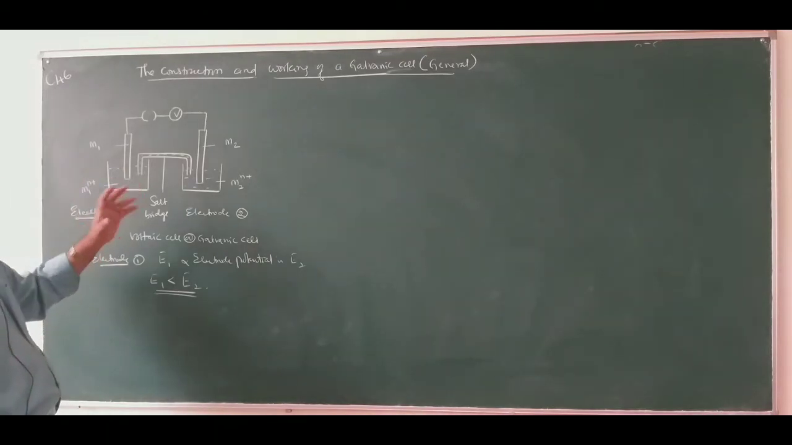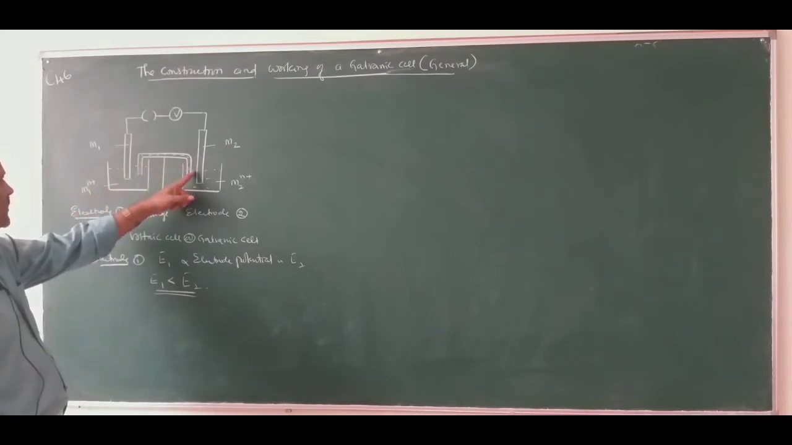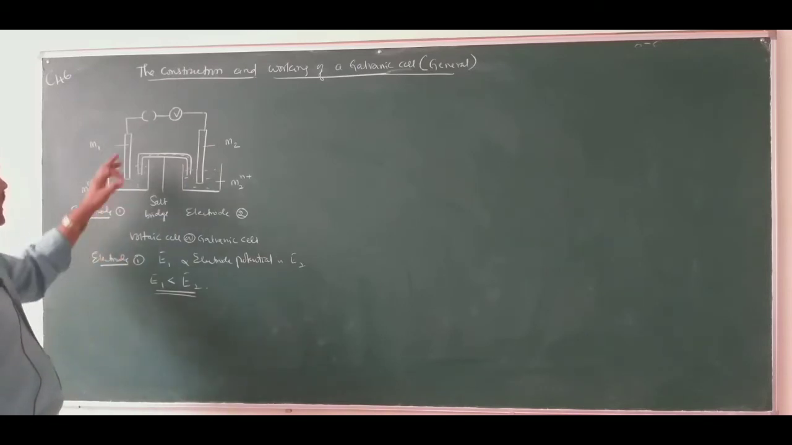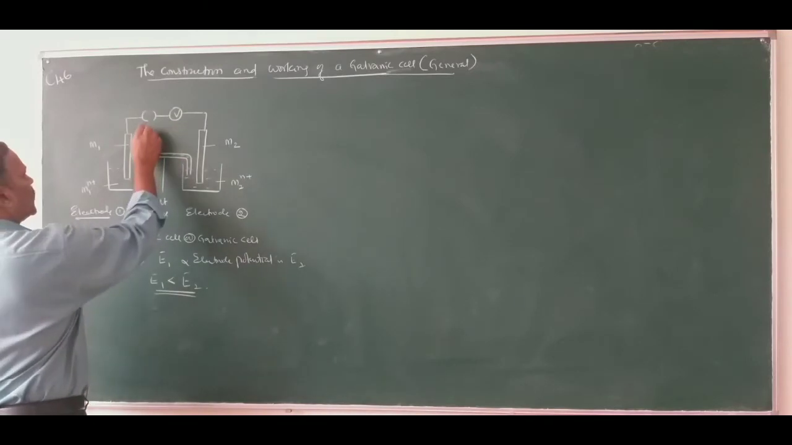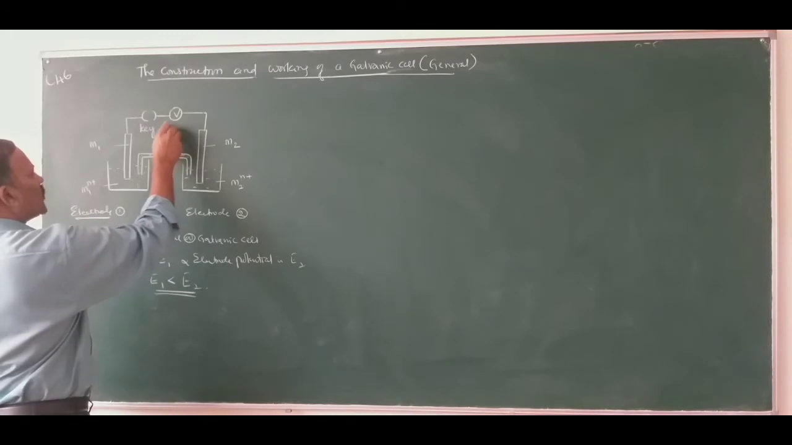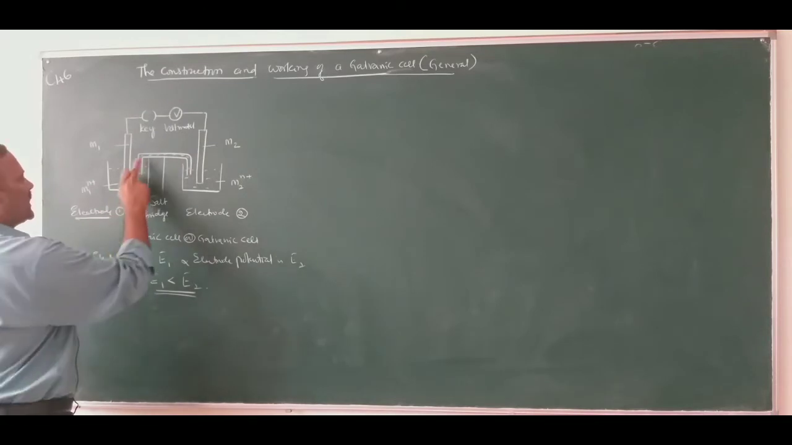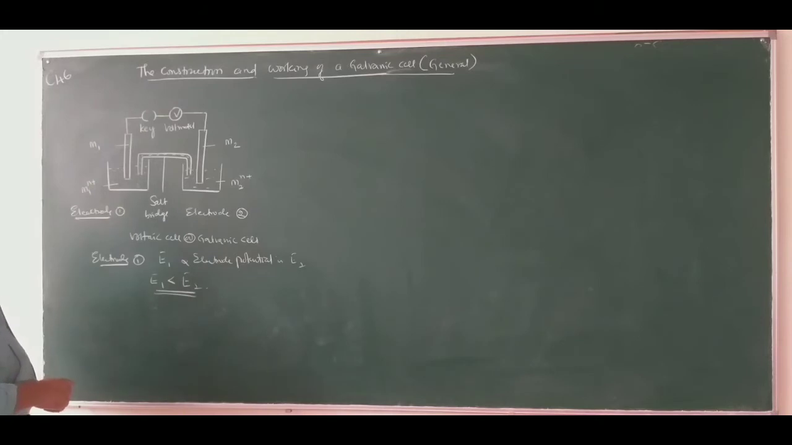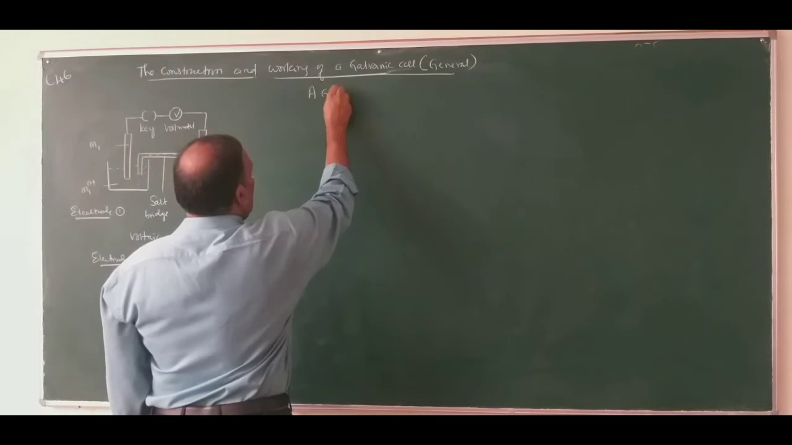A galvanic cell or voltaic cell is formed when two electrodes which differ in their electrode potentials are connected externally by a conducting wire through a key, the switch key, and this one is the voltmeter V, and internally through a salt bridge. We will get a galvanic cell or voltaic cell. So write down a galvanic cell,